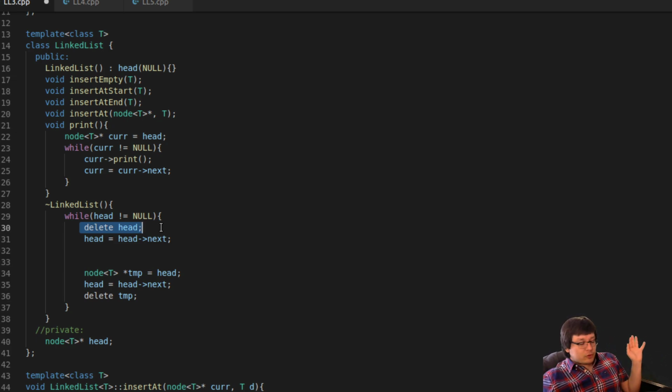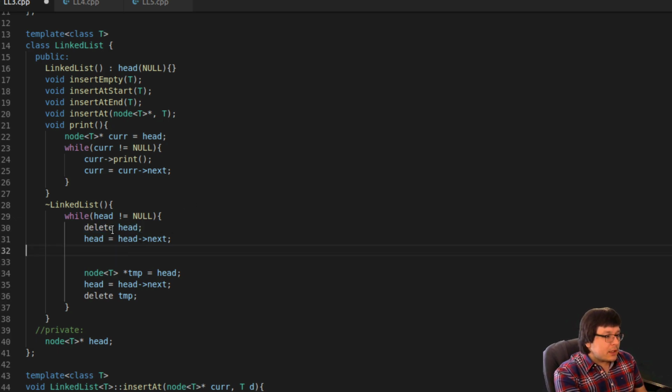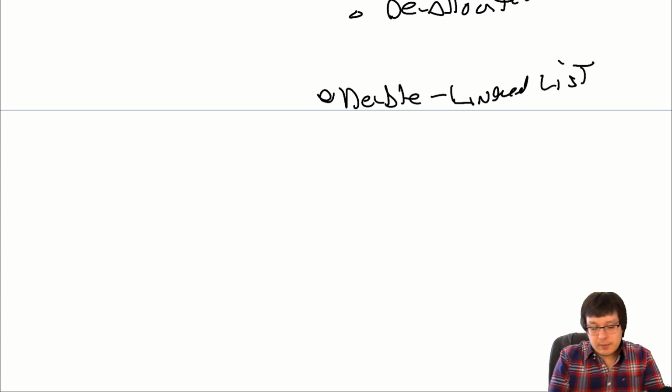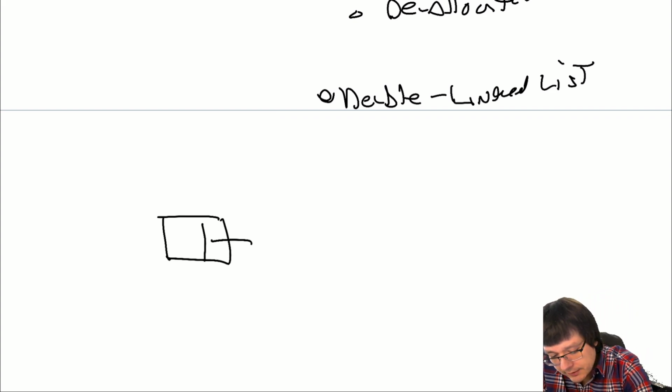For starters, if somebody else is actually using it, which is unlikely, but if they are, you'll crash. You'll get some error trying to access other programs' memory. Anyway, that is what is known as a dangling pointer. So here, when we're saying delete head, the node itself has been deallocated, but you still have access because the head pointer still points to it, which is why you're able to update it to point to the next node that you've deleted. So if we visualize that here, we have a linked list like this.